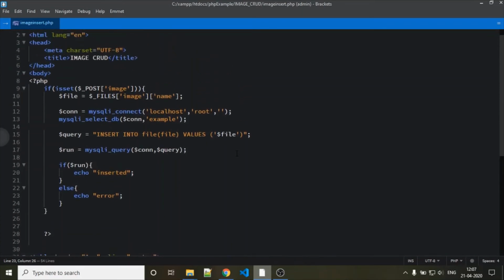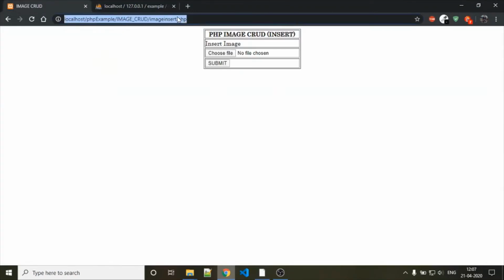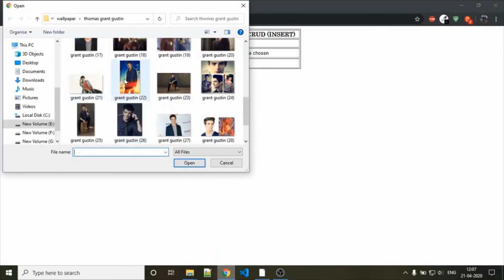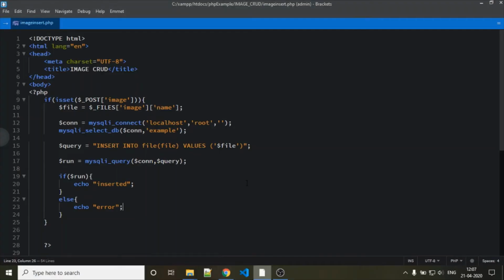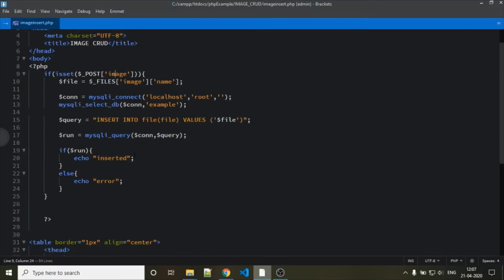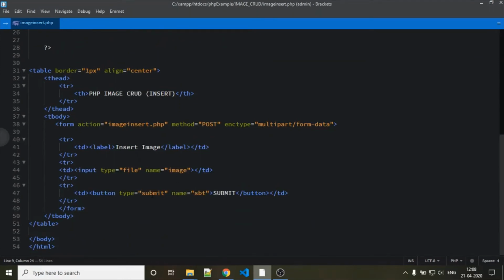It's time to run that. Go to your file and refresh. Here choose file, we are choosing one image and submit. What's the problem? Copy.